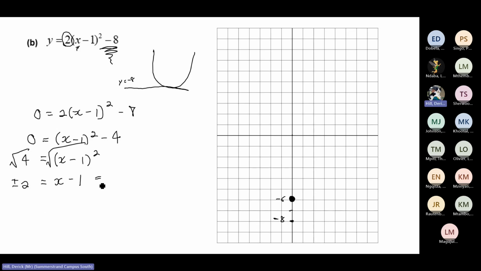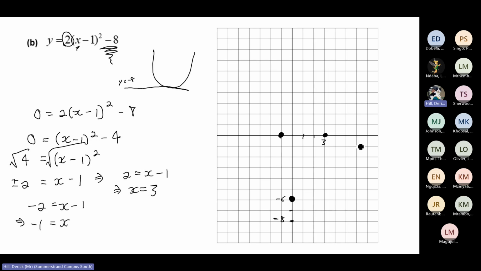So if I have 2 is equal to x minus 1, then I have x is equal to 3. And if I have negative 2 is equal to x minus 1, that is going to give me x equals minus 1. So at x equals 3, 1, 2, 3, I'm going to cut through there. And at x equals -1, I'm going to cut through there for my